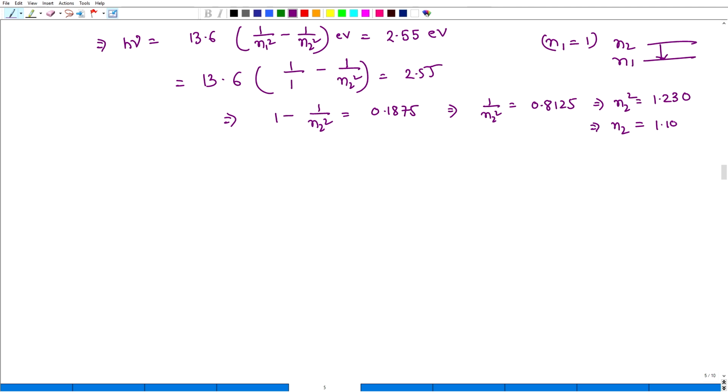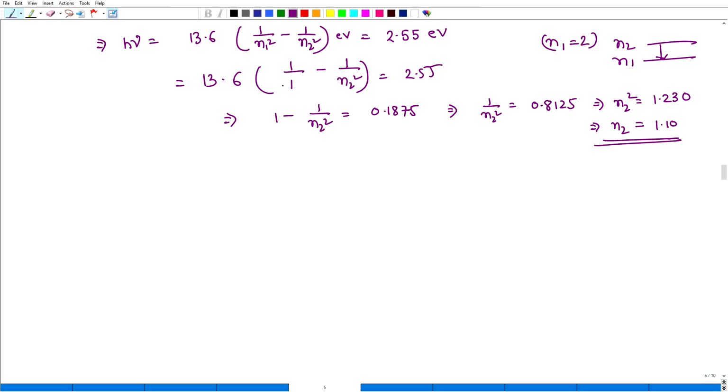So, we know this is not a precise value, 1.10. We know that n is the quantum number, it can take only integer values. So this is wrong, I am saying n is not equal to 1. Next we have to consider n equal to 2. So, if n is equal to 2,